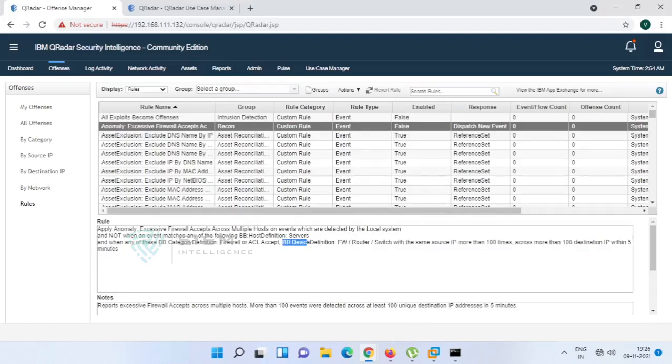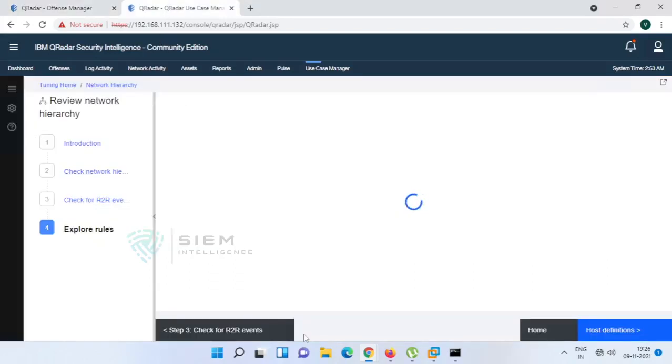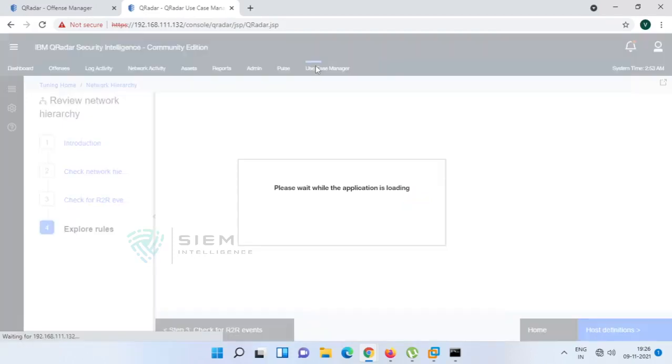We will talk about this in tomorrow's class: what is the rule, what is the building block and all. But in this use case manager, all your building blocks and rules explanation and all the links will be shown here itself. That is the beauty of this particular use case manager.